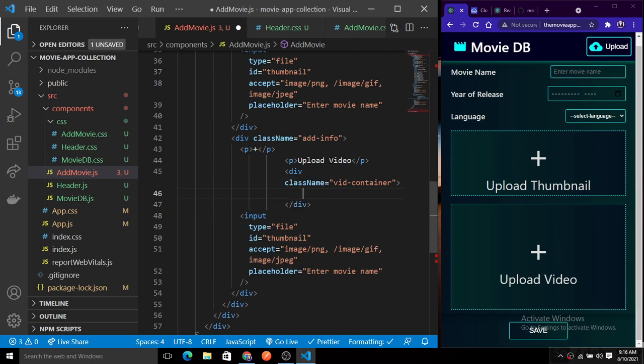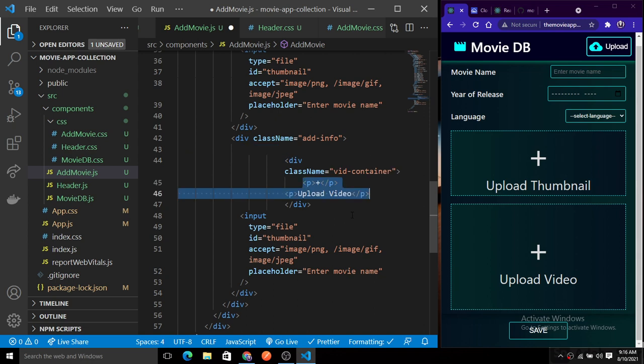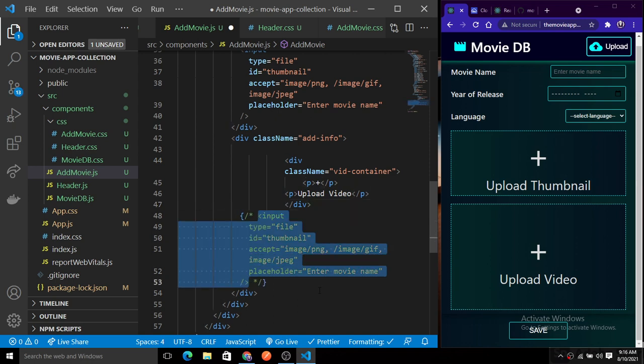Okay, so this is the video container there, and it contains the video file and these things here. So what I will do, I will simply grab this and put it inside this video container. Okay, so then we are done with this, and we don't need this input field anymore right now, because we use a widget for uploading there.